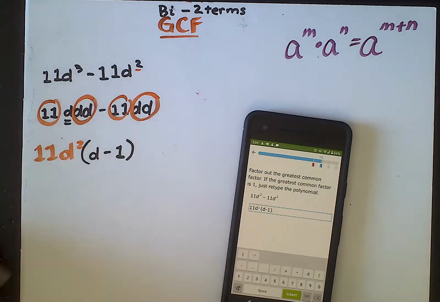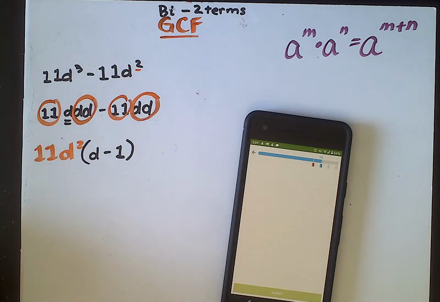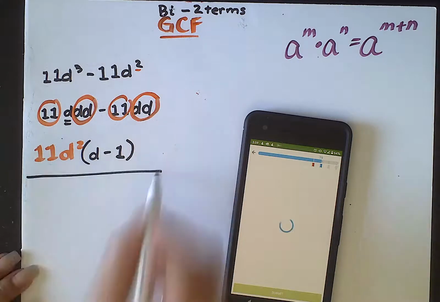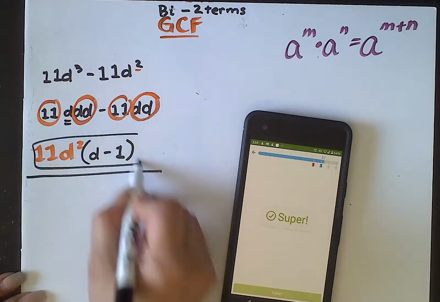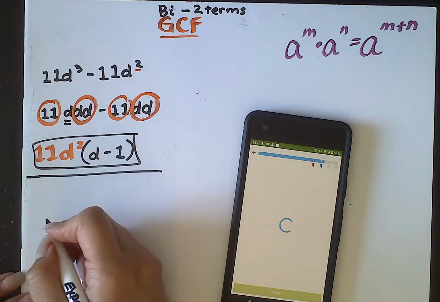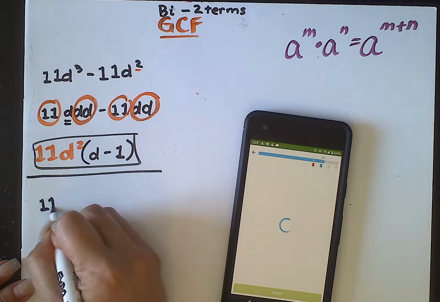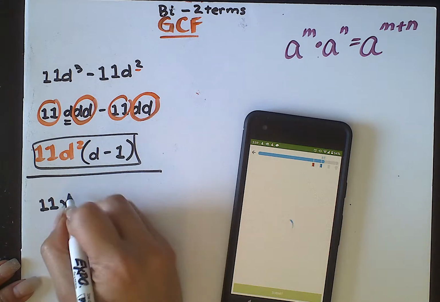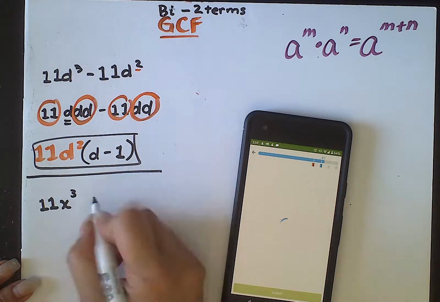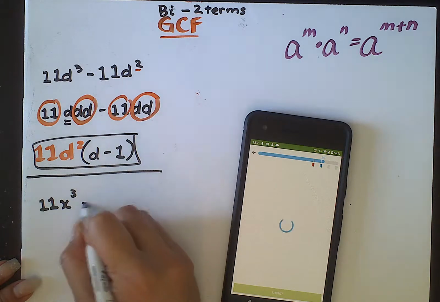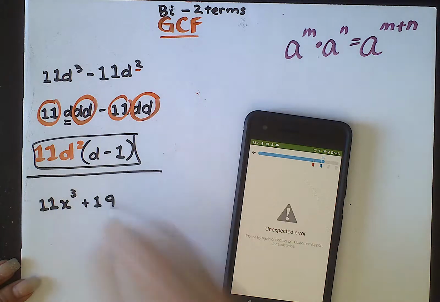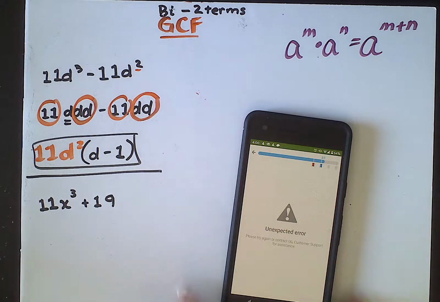And I'm not double checking my answer right now just because I want to move on to the next problem. Sorry. Now, for Jordan's question, he has, no worries, because if you have this question, they might have one very similar as well. And that's plus 19. Unexpected error. See, technology, I tell you.